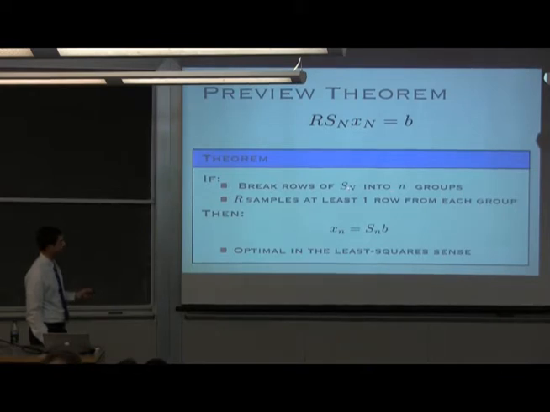What we do is we take the high resolution transform and we break the rows of the transform up into n groups. And we have the requirement that this row selection operator has to sample at least one row out of each of those n groups. Provided that you satisfy this property, then we can reconstruct our low resolution preview by rebinning the high resolution modes